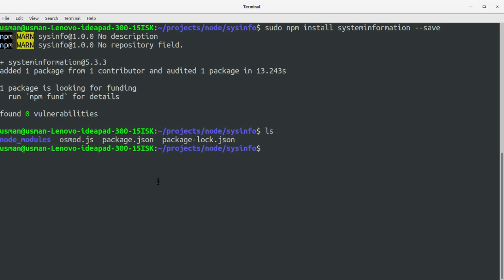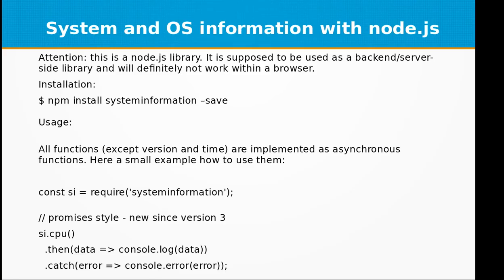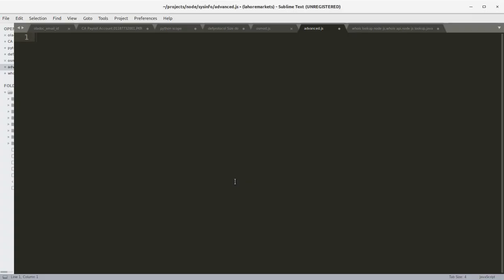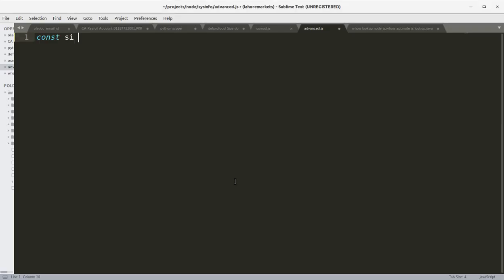Okay, as you can see, we have the node_modules folder now and the package is installed. So let's create another file and I'm going to call it advanced.js, and within this JS file we are going to use the systeminformation module that we just installed, and I'm going to call it si, system information, require systeminformation,